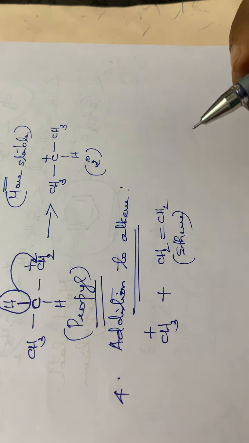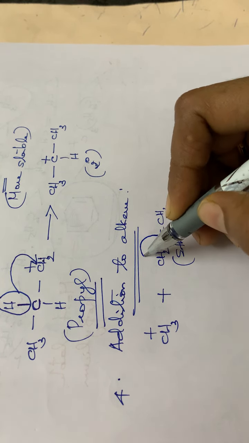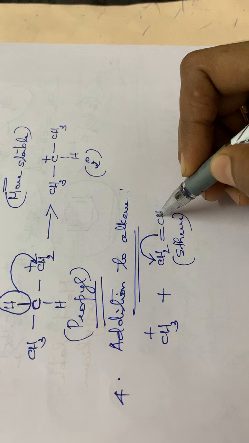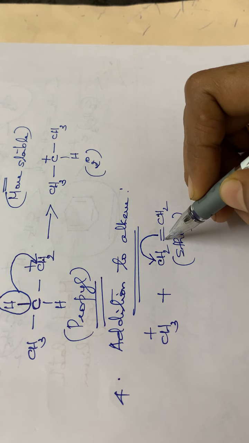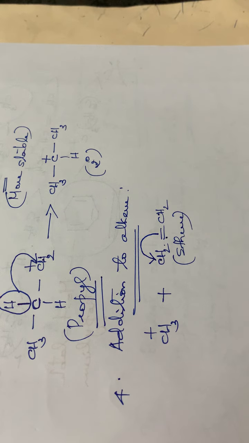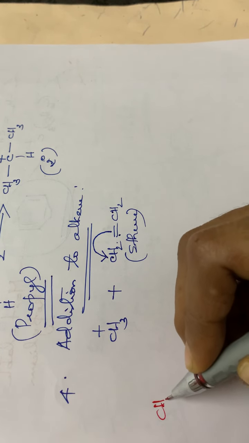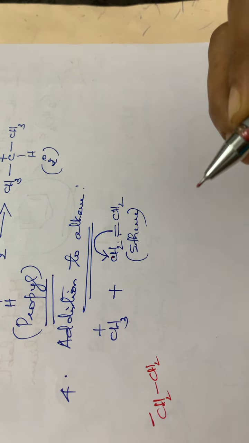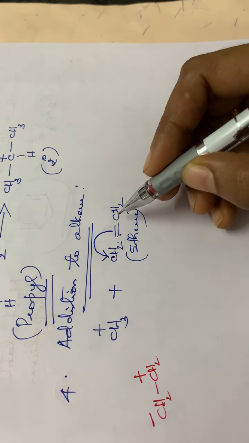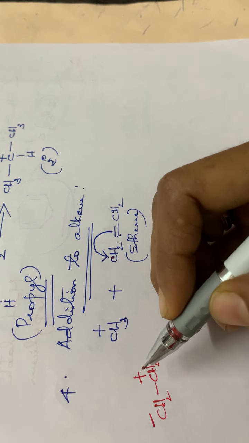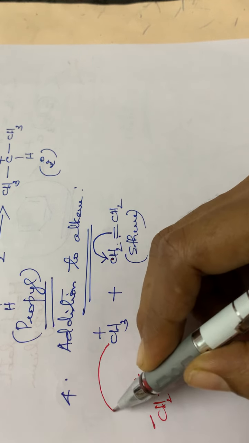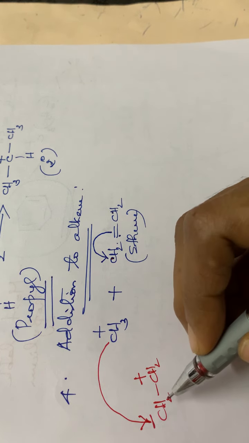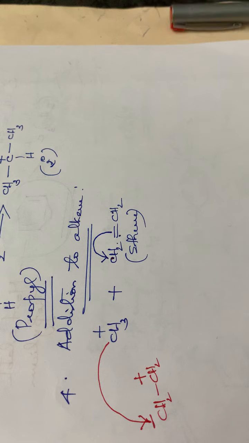CH2 double bond CH2. So what happens is that the pi electron will be moving to this carbon atom. So this carbon will be getting a negative charge and this carbon will be getting a positive charge. Here a single bond. I will be writing this species CH2 single bond CH2. This electron pair will be moving to this carbon atom, so that this will be getting a negative charge and this carbon will be getting a positive charge. So to this species, the CH3 plus will be attacking the CH2 minus, so that the formed compound will be CH3, CH2, CH2 plus.